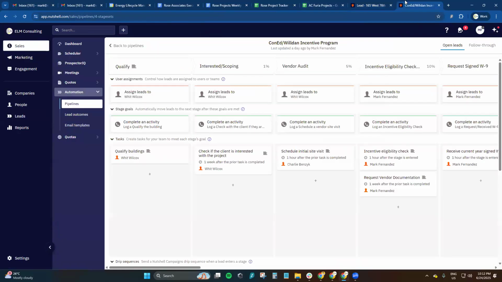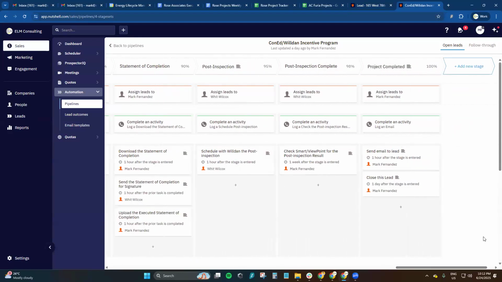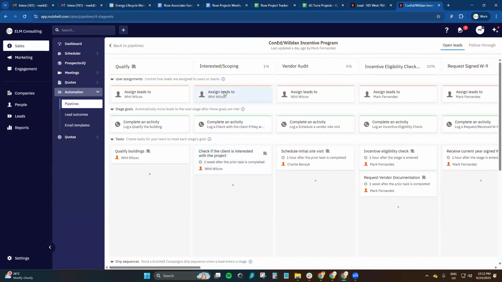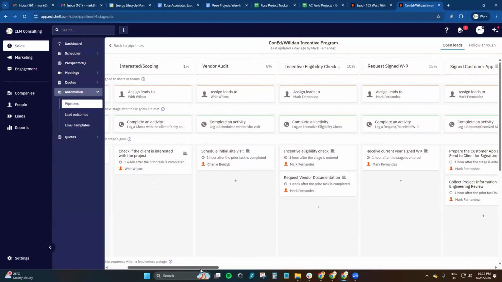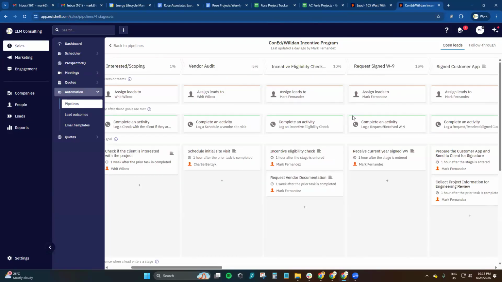So the leads are updated. They're good. I have also updated the pipeline for the Continental Incentive Program. I assigned, I'm not really sure, because I know that you would want to be removed from this process, right? So it's going to be mainly me. The first stage will be assigned to me and Wit. I added stage goals. I added tasks as well so that if we view one lead, we would know what will be the next task